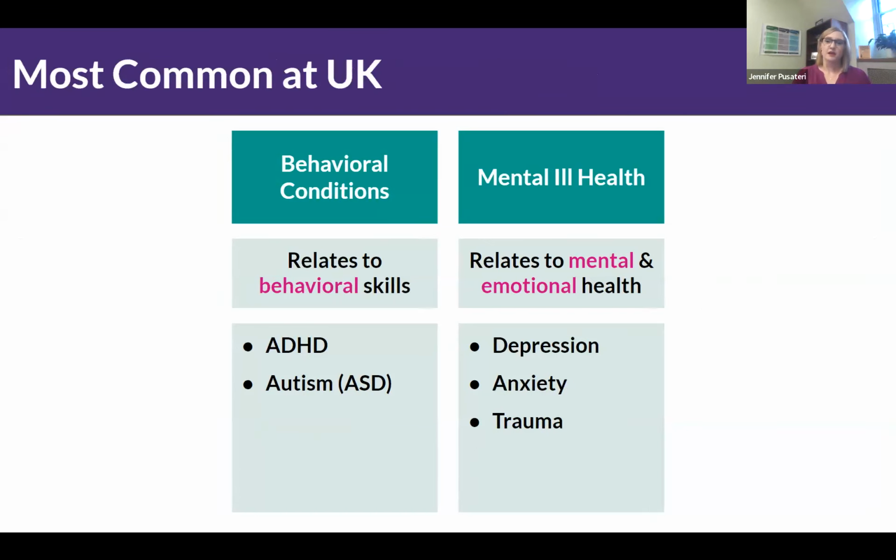So I wanted us to focus in on a couple. At UK, I tried to get a hold of somebody at the DRC to get the numbers. I don't have the numbers, but I know we've talked about this before. Most of your students with accommodations are probably going to be related to ADHD, possibly to mental ill health, maybe to autism. So these are going to be a little bit more prevalent in our classrooms than possibly some of the other ones. So I wanted to focus in on these two chunks, if you will. We'll be looking at ADHD and autism, and then also depression, anxiety, and trauma.